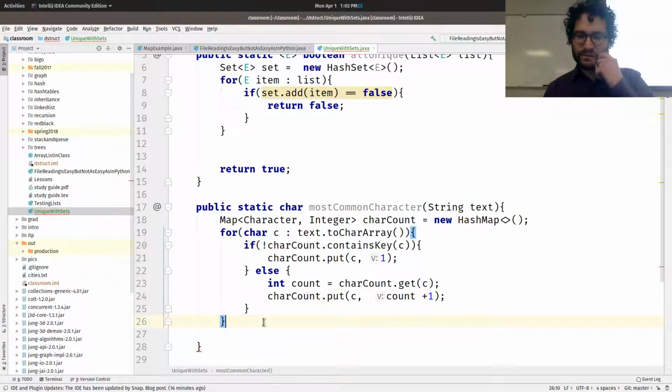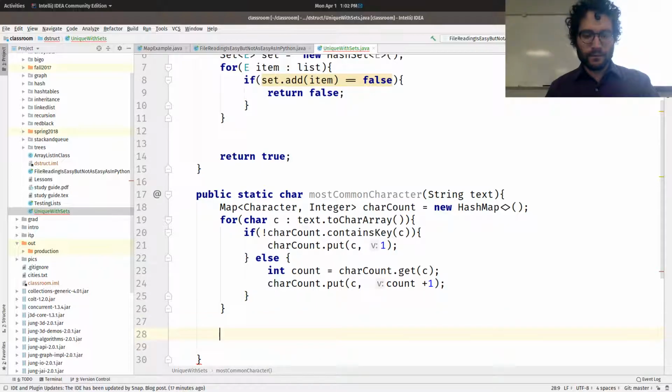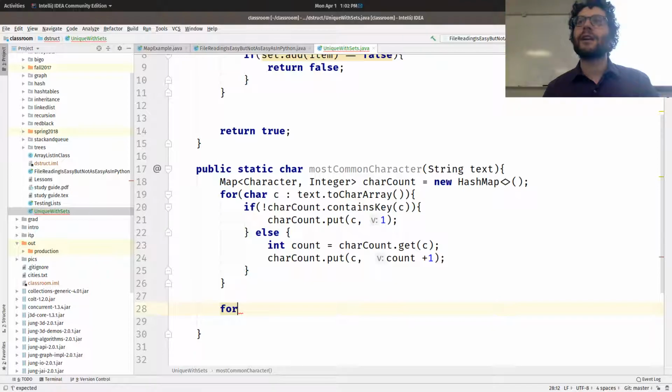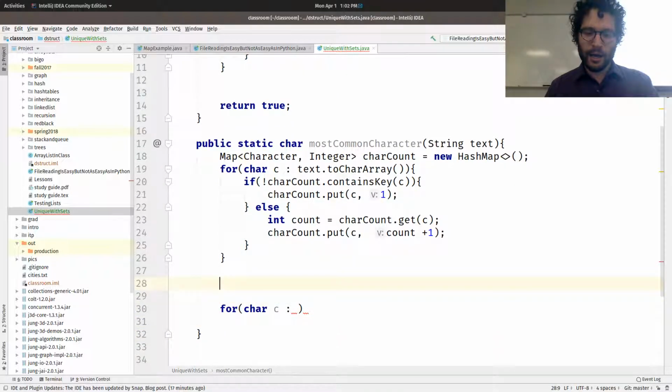Okay, now we've got a character count. So what we'll do is go and find the biggest. That's a bit trickier. So for character C, I need two variables. Actually, I just need one: biggest letter, or most common. Most common is equal to,